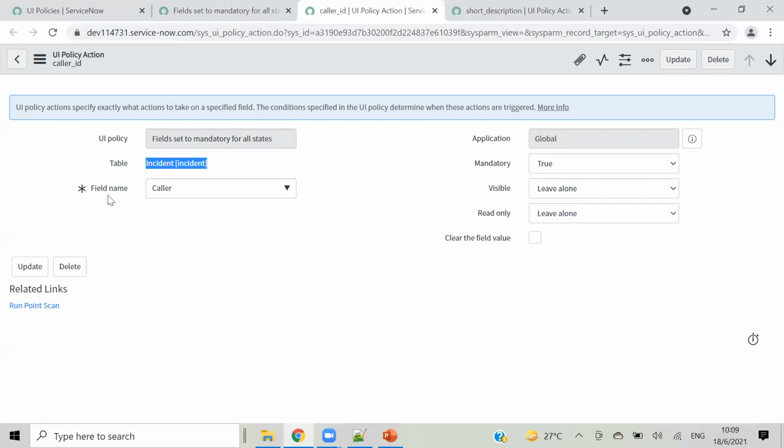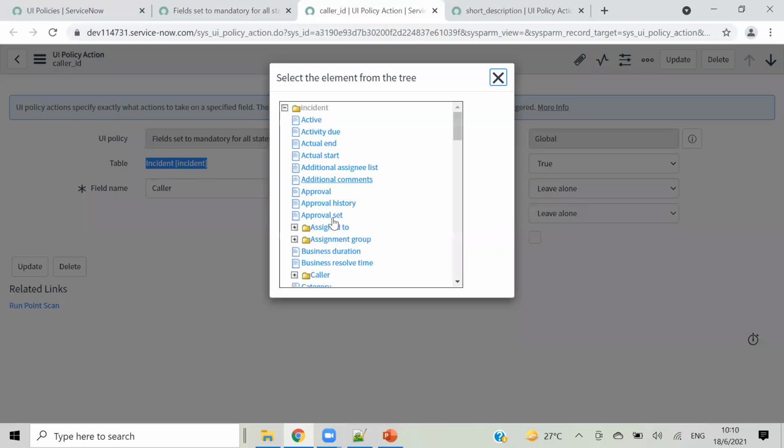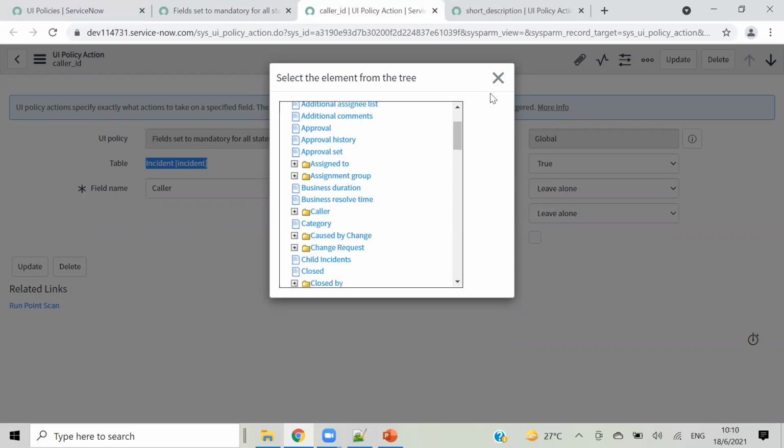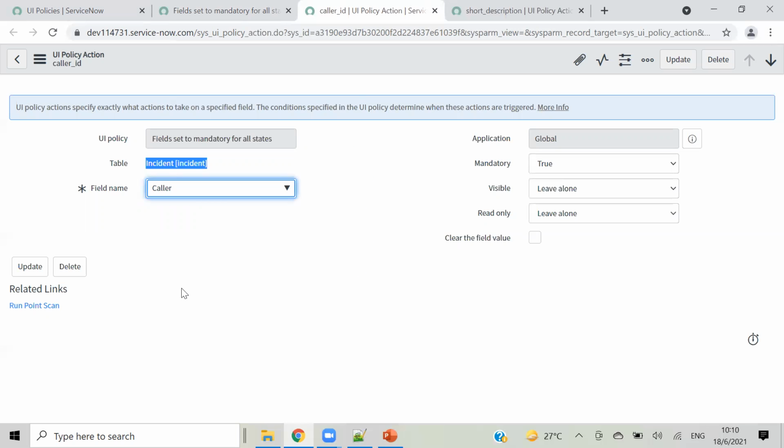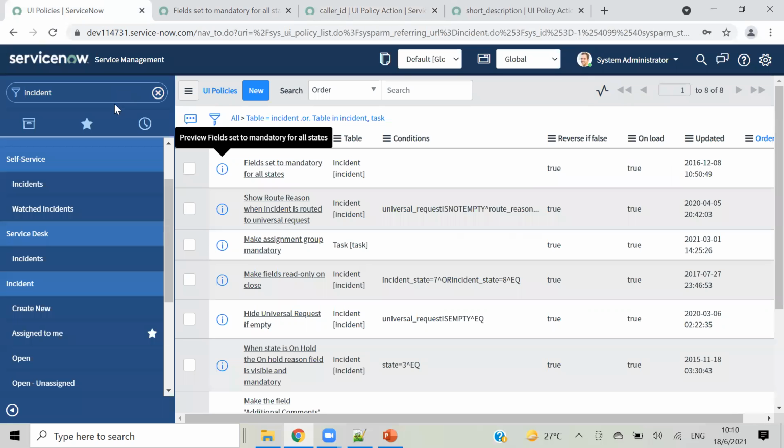Here is the field name. You have to select the name of your field from this list, like approval, assigned to, whatever field you want. Here this person has selected the caller field, like he wants to apply some UI policy on the caller field. And what is the caller field? Let me duplicate this and open.